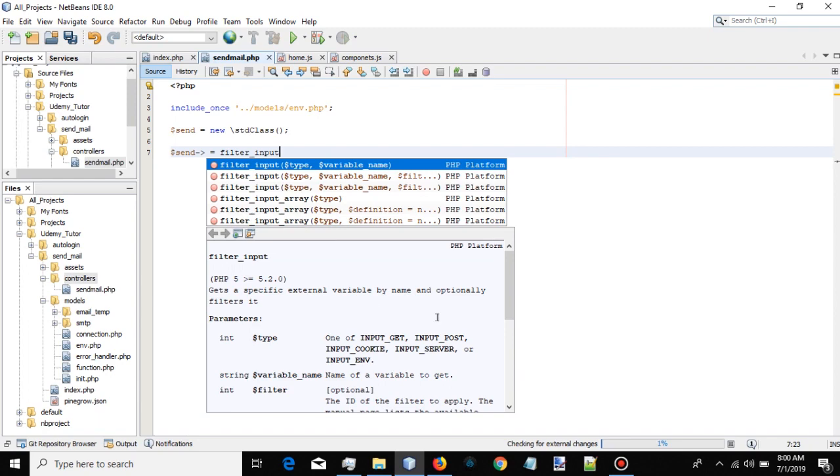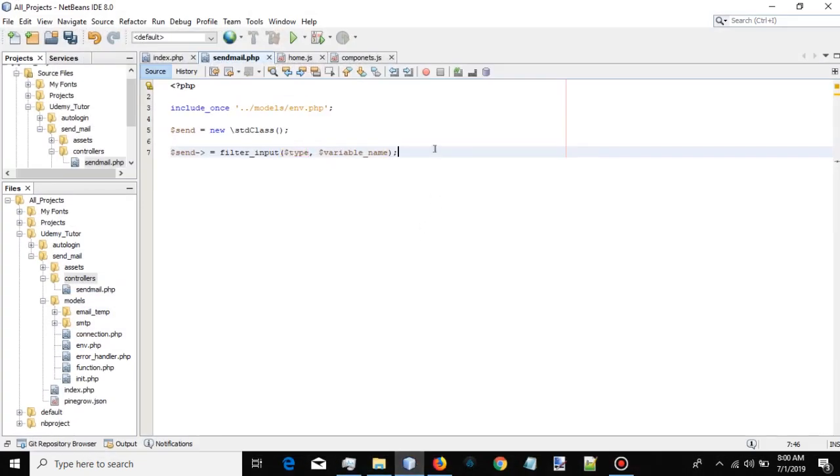Yes, I think filter input. Sorry. So here is a type, which is input post, because we're using the post method, and then the variable is for the name. Sorry, the variable for the email is email as the name, and then here I want to say filter validate email,